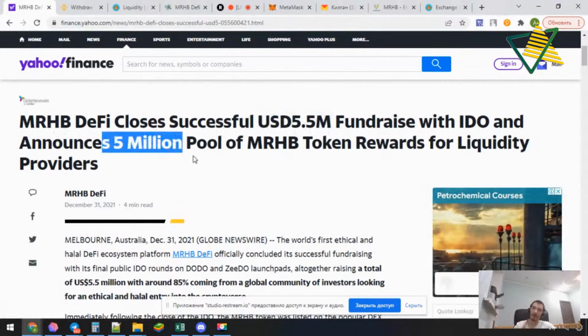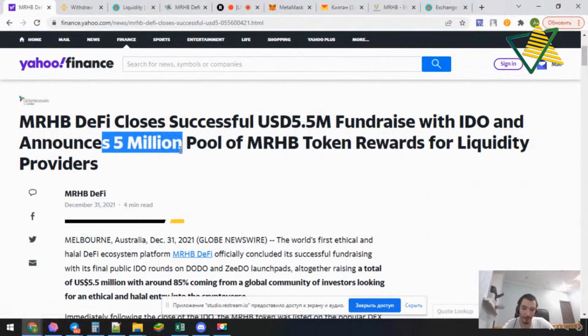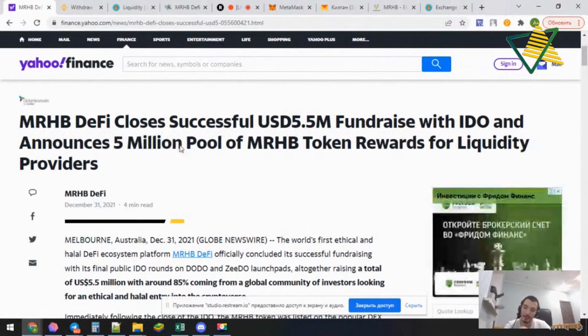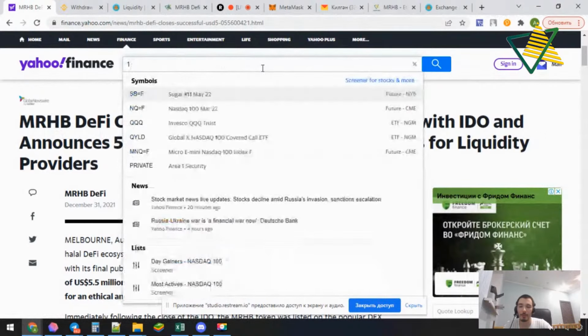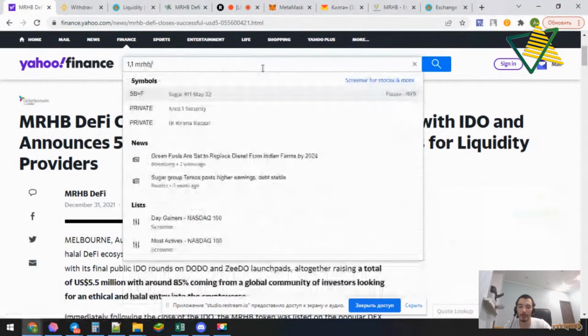So for now, we have to distribute more in the last month. So we have increased the distribution rate. In the first 2 months, we had a distribution rate of 1.1 MRHB tokens per block.